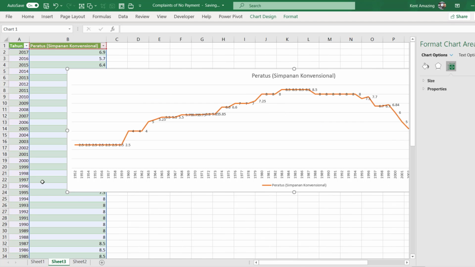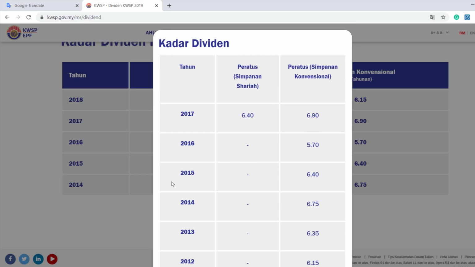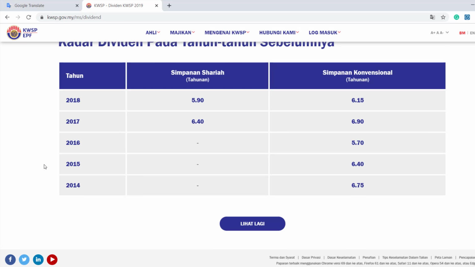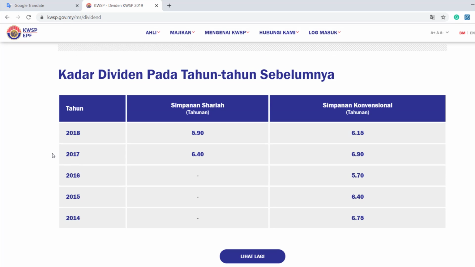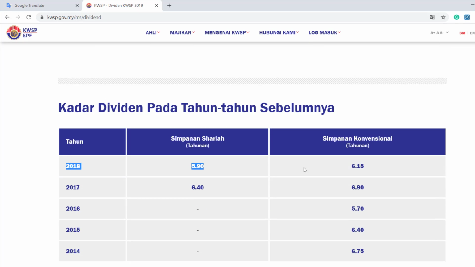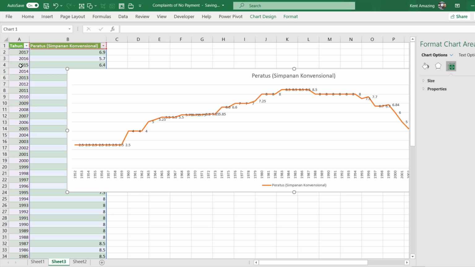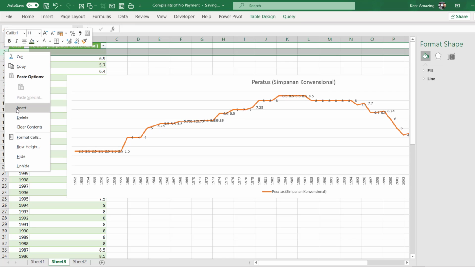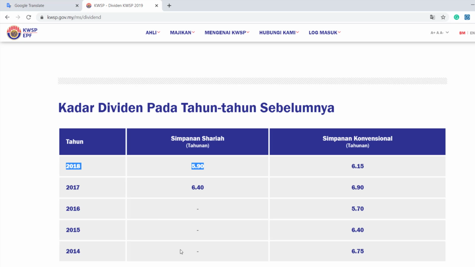Let's see. Oh, okay. So the data does not include 2018. We should include that as well. So 2018. Just right click, Insert, right click, Insert. Okay. So 2018 is